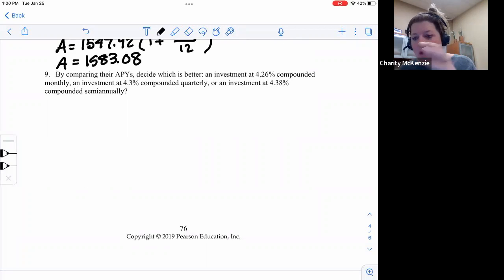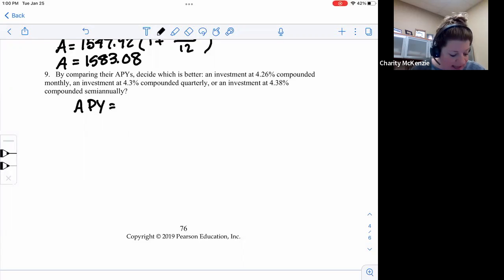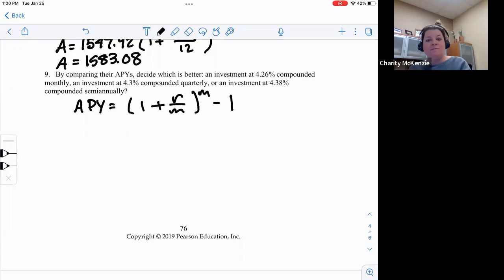I have no idea. They're all so similar that we have to use our formula for this. So remember, our formula goes like this. It's just 1 plus R divided by M to the power of M, minus 1. That's it. That's our formula. And all this does is it makes it to where they're all like a simple rate so we can compare them. So for the first one, and this is